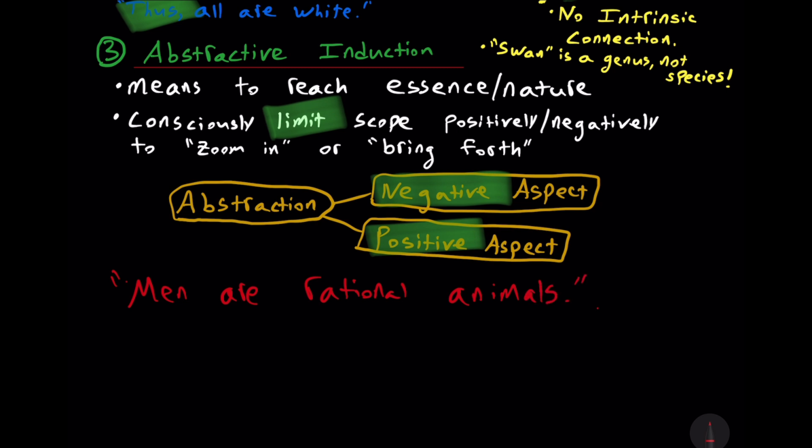Consider the nature of man. Men have various accidental features such as skin color, height, or whatnot. Hence, if we want to consider the nature of man, we negatively disregard such things. On the other hand, positively, we retain the fact that man can think, that he has an intellect, and that he has a body. He's an animal, so man is a rational animal. Now, this ability to engage in abstract induction is through what is called the agent intellect.